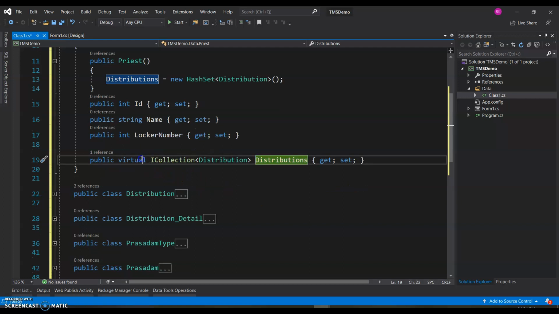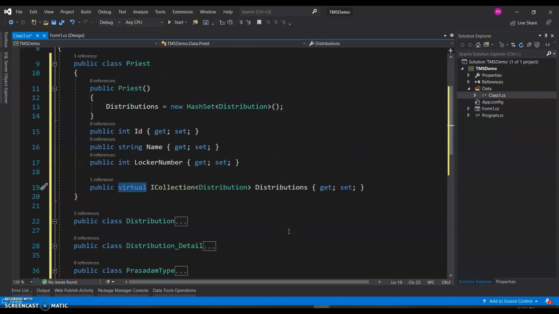If I do not put this virtual, what happens? It will still work, but when you run this application and start querying, at any instance, if you just say a given priest, let's say context.priest.first.distributions, you'll see that the distributions of the priest are not loaded.